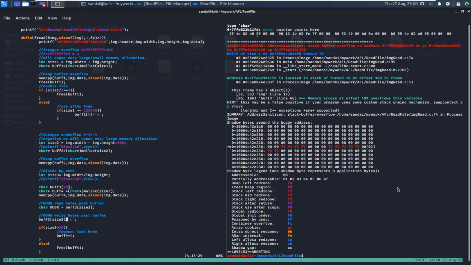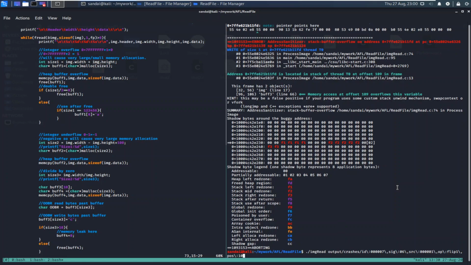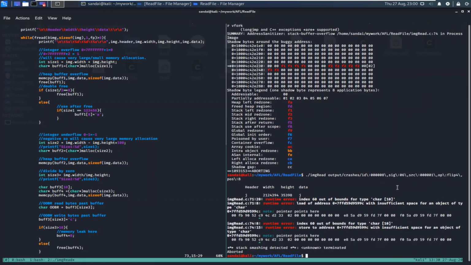Let's see another crash. So we have seen 6, this is 7, and this is our 8th, ninth crash. Okay, so here it is an out of bound issue as I discussed over here. We'll see if it is a read or a write. So yes, let's go and see.